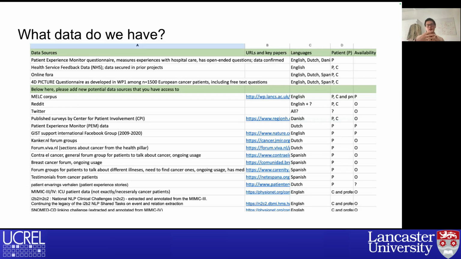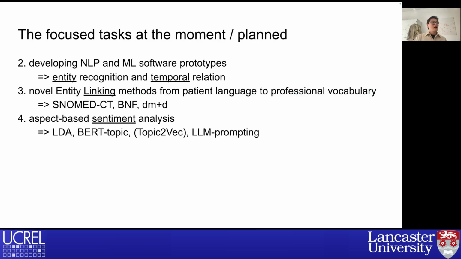Maybe we can use the patient storytelling with a lot of text to cluster during this cancer patient journey, what they are happy about, what they are not happy about with the treatment, with life events, and we can extract some key information out of this big data. And the focus at the moment for my side is entity recognition, temporal relation linking, and the sentiment part, let's say.